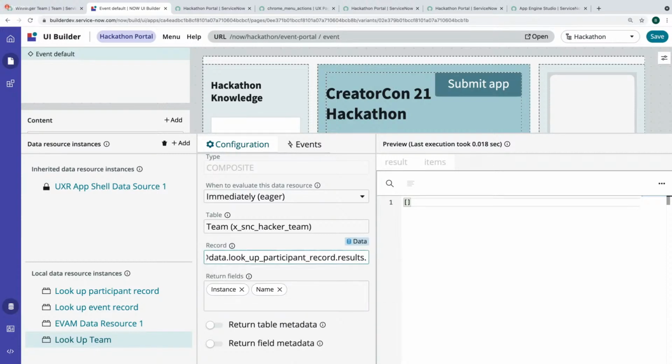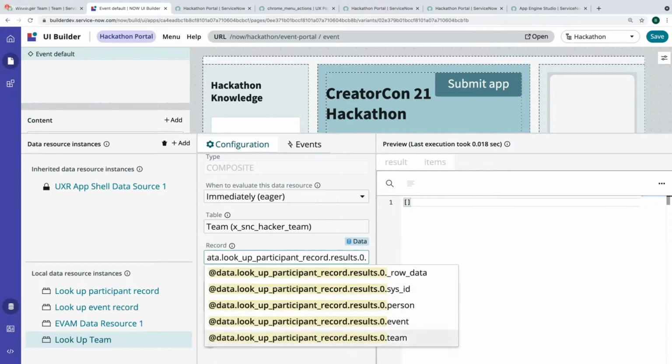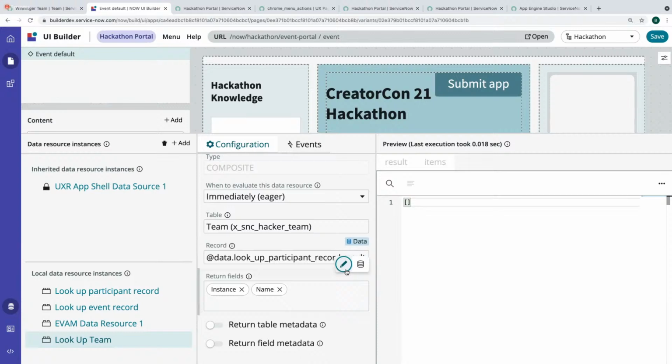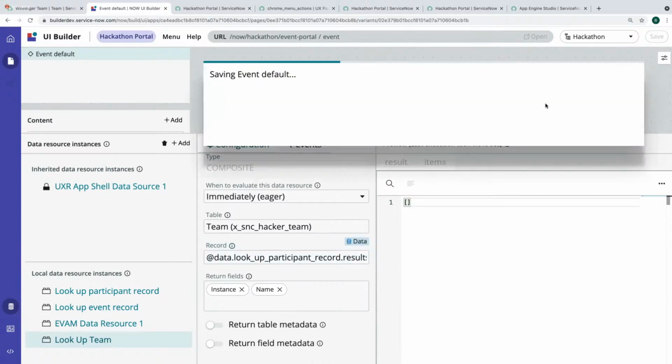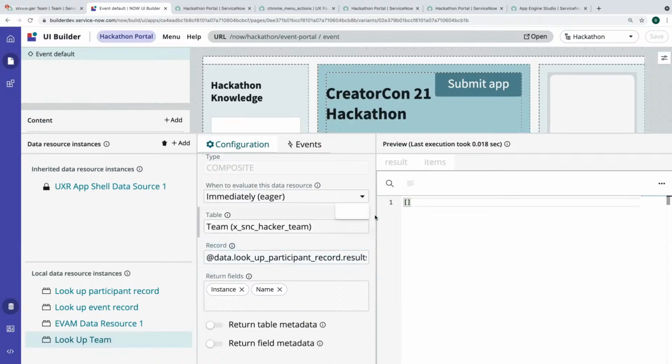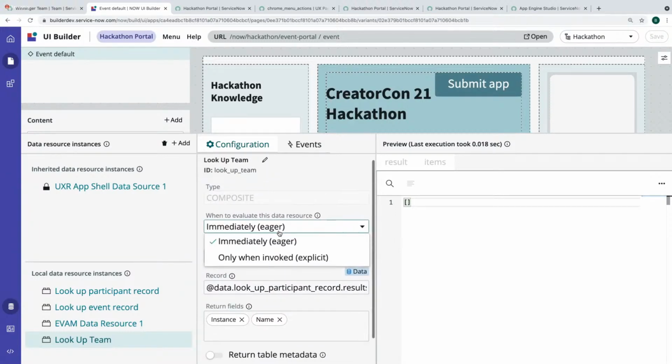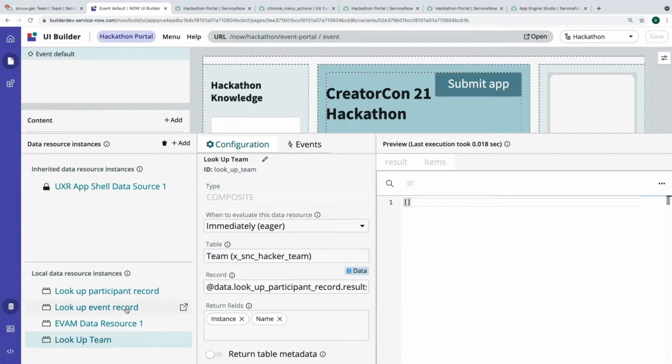Yeah, that's the right team. Whoa, no, there we go. All right, so let's save. Huh.